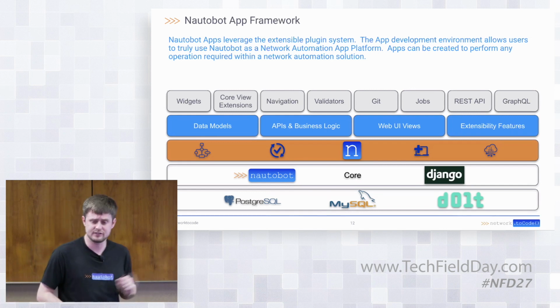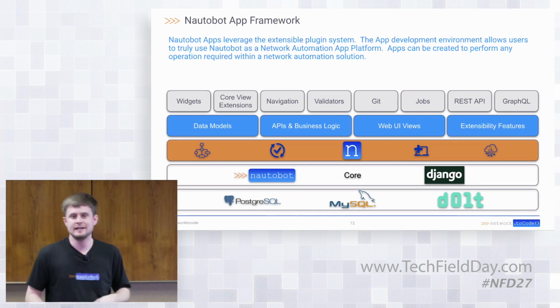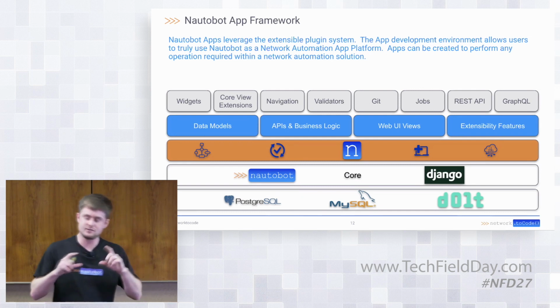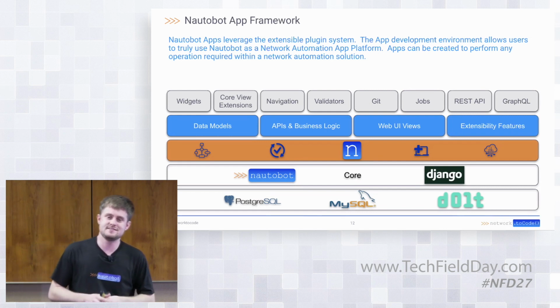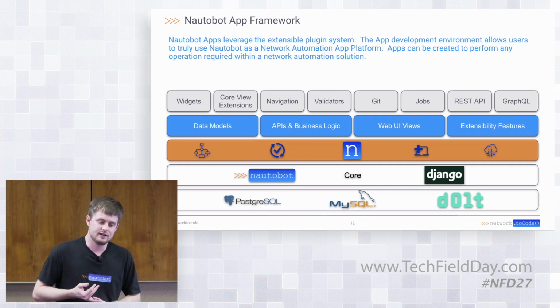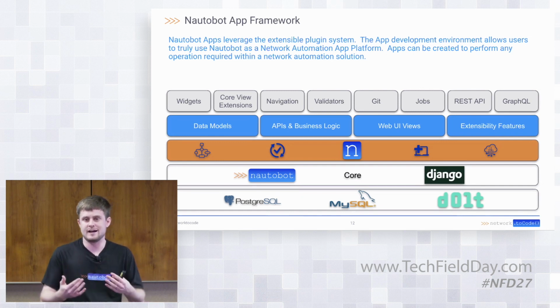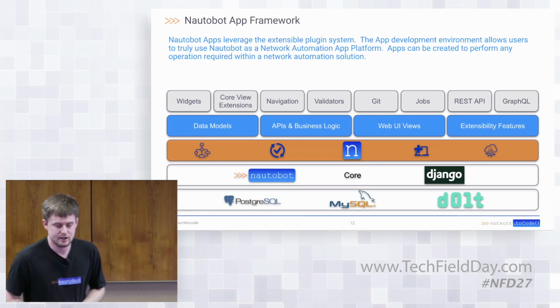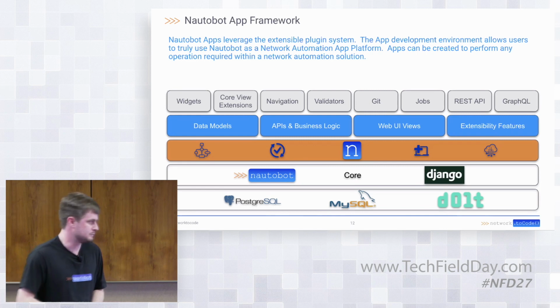Custom data validators is a cool one. I've got another slide on that. But ultimately, there's a great deal of flexibility that comes from the Nautobot app framework. If you can dream it, you can build it on top of the app platform. And from an institutional, organizational standpoint, what Nautobot provides is the execution environment. You're building on top of a platform, so as an application developer you don't have to worry about non-functional requirements like logging and access control, because the platform already provides that. You focus on your business logic that is specific to network automation use cases, and you get all of that for free because you're riding on top of the platform.